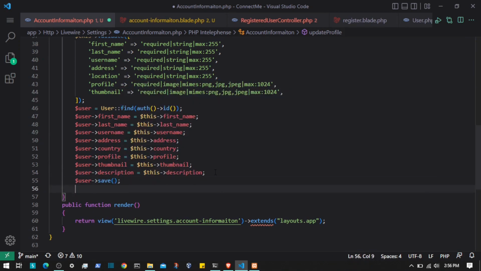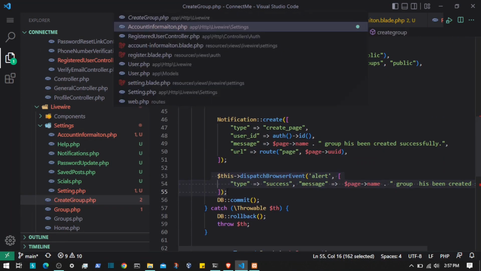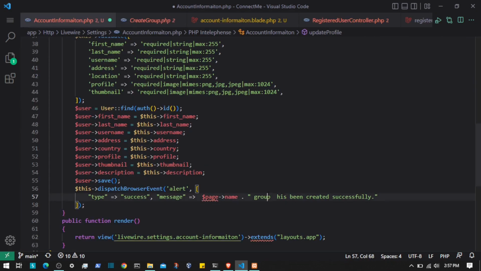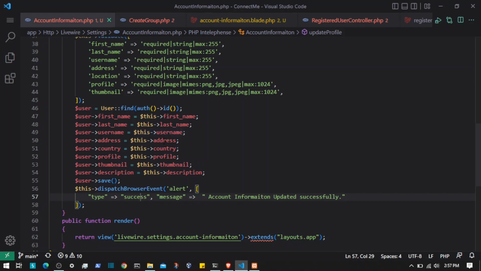So save it, and after that we can notify the user or show an alert so that the user knows the information is updated, and that will be a live update. So I'm gonna fire the event. I'm gonna copy dispatch, come right here, paste, and something like profile updated successfully. How about account information, because we are on the account information page, right? Updated successfully, and this is going to be success. Yeah, so now if I save this and try that out,